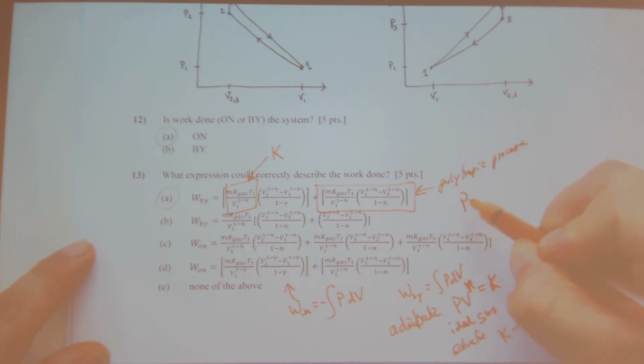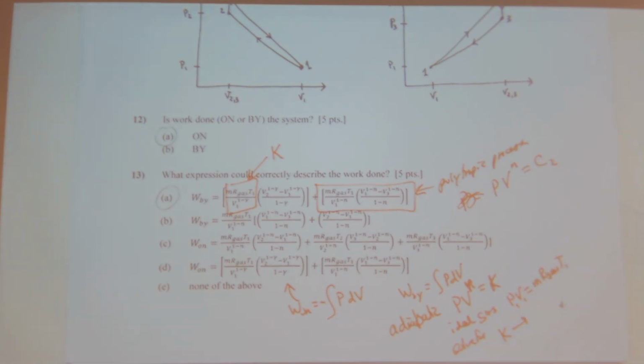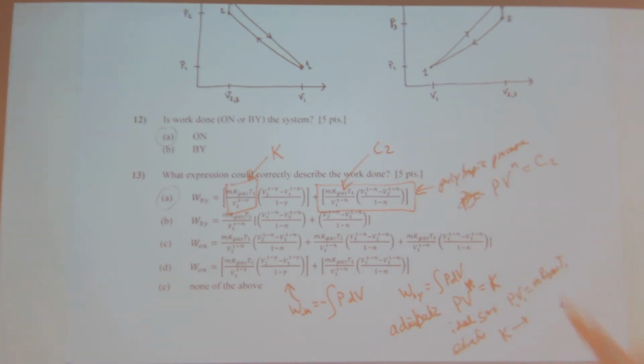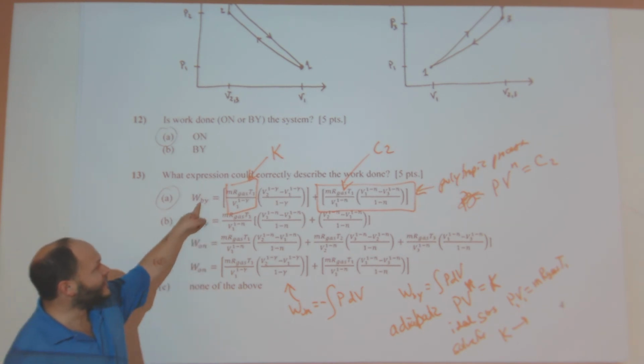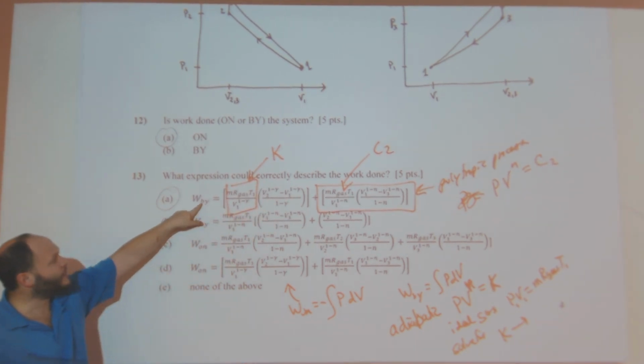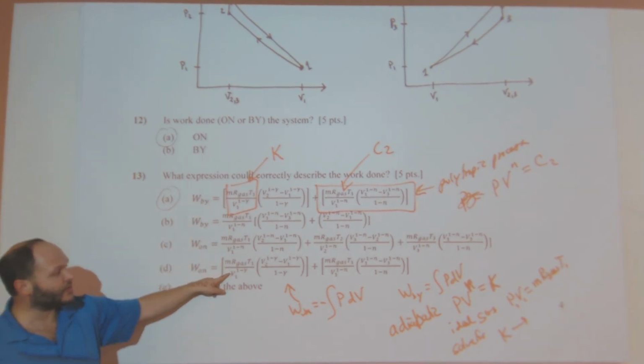And in a polytropic process, PV to the n equals a constant. Of course, this constant is related to the other one, so this is constant C2 with an ideal gas. But in this case, when you do the numbers, okay,